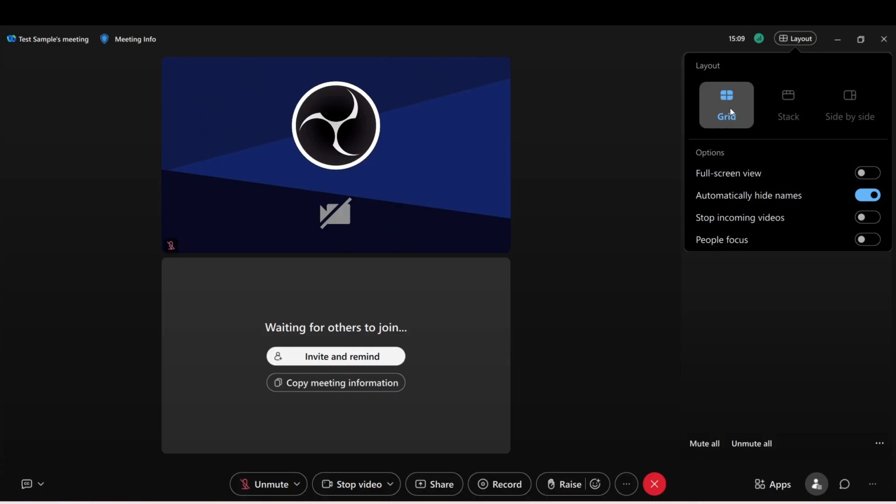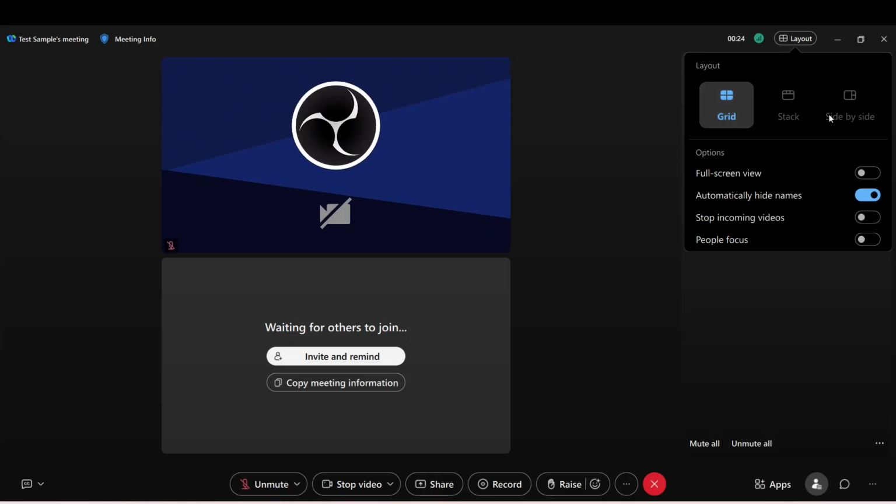Now, let's explore the first layout option, Grid View. This view shows everyone in equal-sized boxes across the screen. It is particularly recommended for large team discussions. In this layout, all participants are visible at the same time, which fosters better engagement and interaction. You will see a grid formation allowing for a balanced view of the team. This layout is effective in ensuring that everyone feels included, making it a popular choice for collaborative meetings.